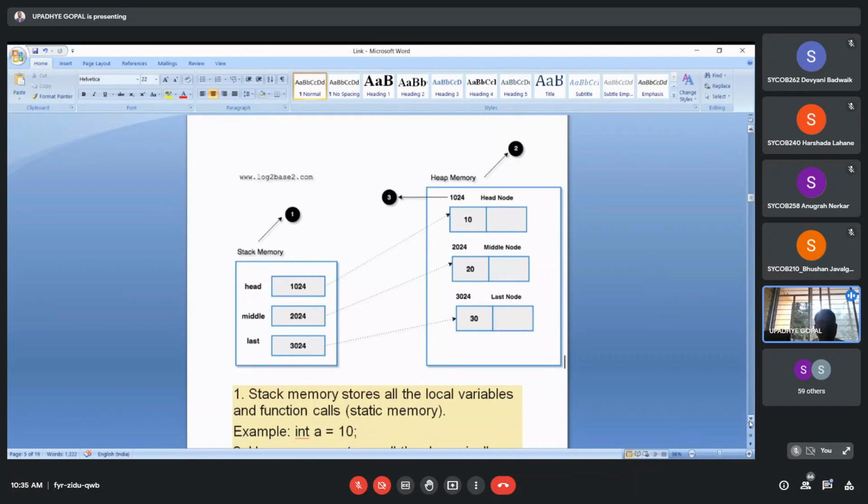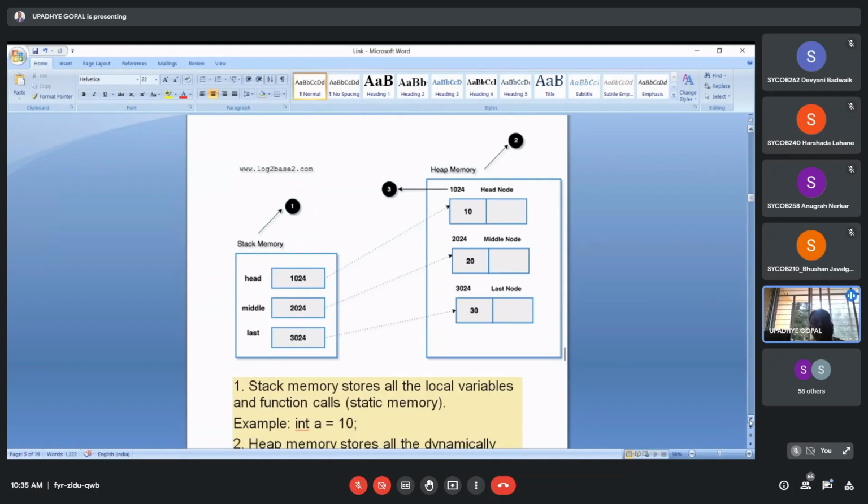These numbers 1024, 2024, 3024 are memory locations, and these 3 pointers are holding these values. Head is at 1024, middle is at 2024, last is at 3024.